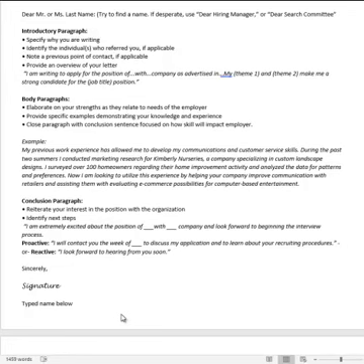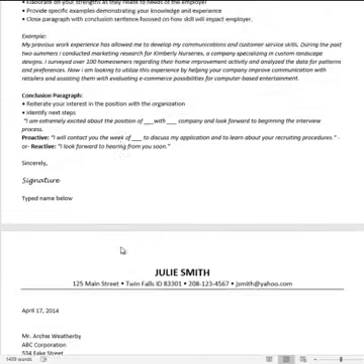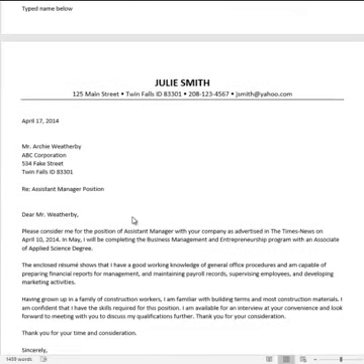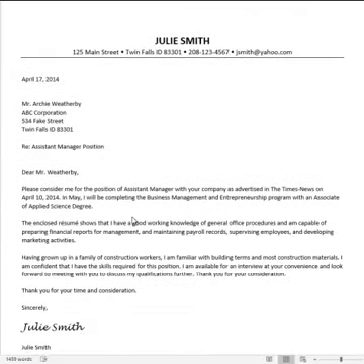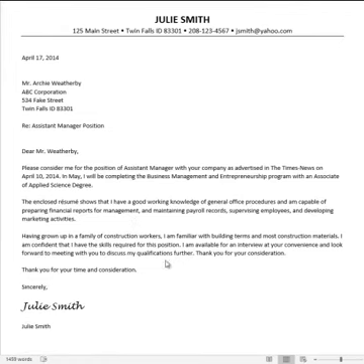Finish with sincerely, your signature, and then type your name. You can also include your phone number and email below that if you like. Below these are a couple of examples, or as an example of a cover letter. And her opening paragraph: resume shows that I have good working knowledge, have grown up in a family of construction workers,